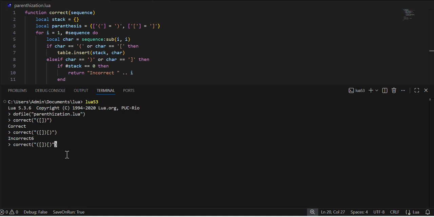It should have been a square bracket, so it'll show correct. And what if I just give nothing? It shows correct. It behaves similar to the palindromic sequence. And if I just give a single opening parenthesis, it shows incorrect because it